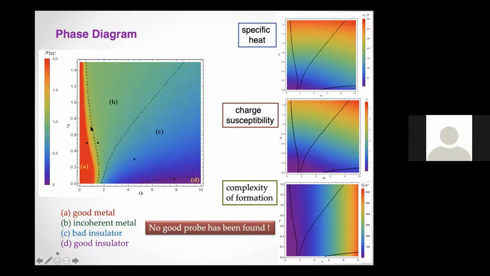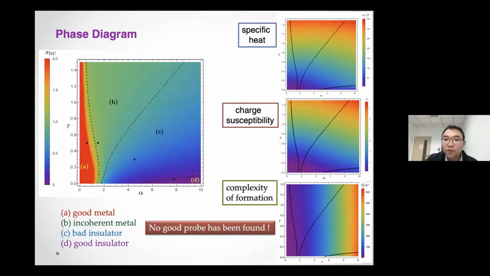Yeah, I understand that, because if I forget about this black one, I'll just look at the specific heat, for instance, in blue. Let's look at the blue, green, and red ones. Then there are likely other edges, right? You mean also this edge? Yeah, something like that. So the question is, which one is the boundary which I can trust? This gives me a phase diagram, because different quantities give different boundaries.